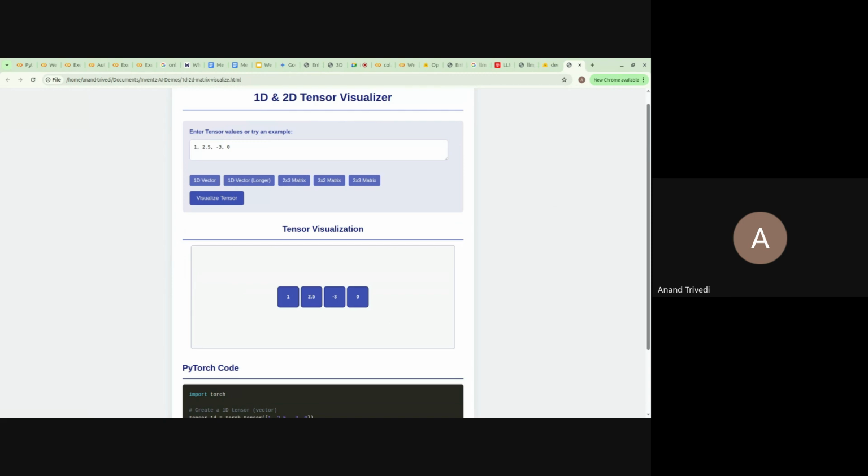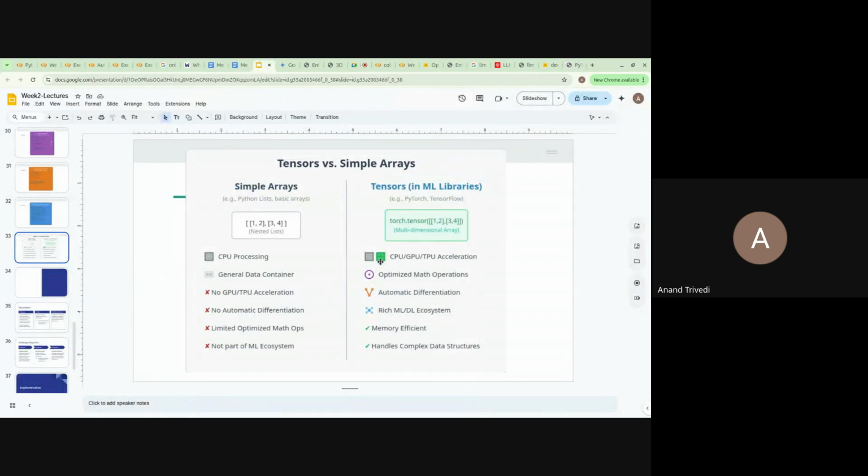Basically, tensors are those individual elements on which complex calculations can occur, and they can efficiently interact with GPUs.